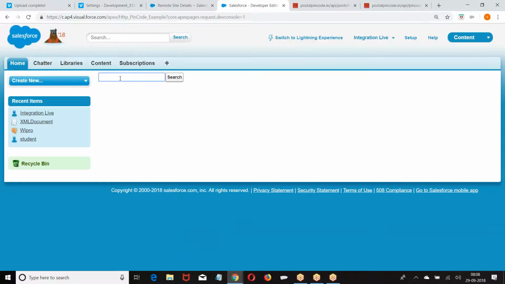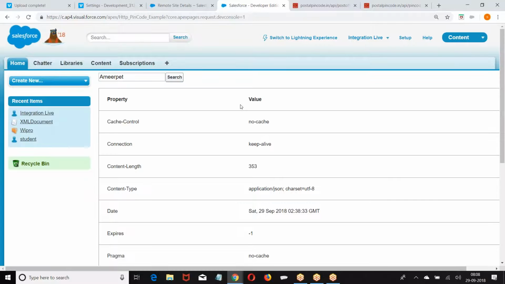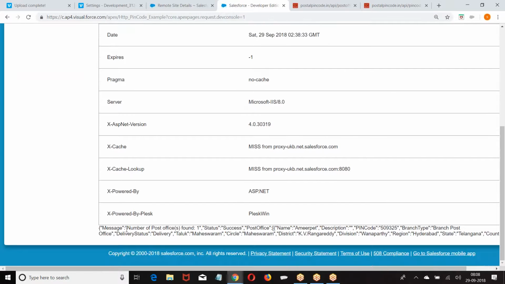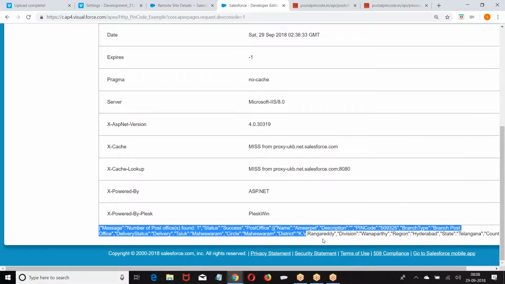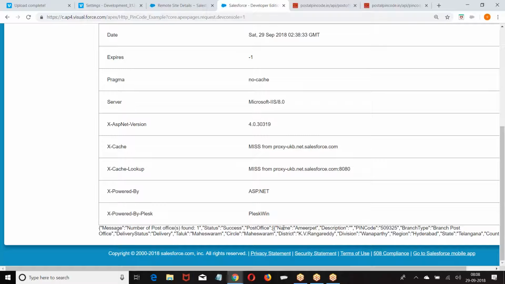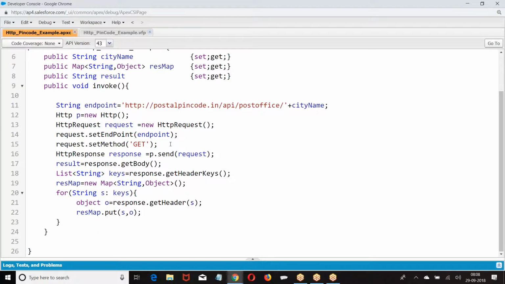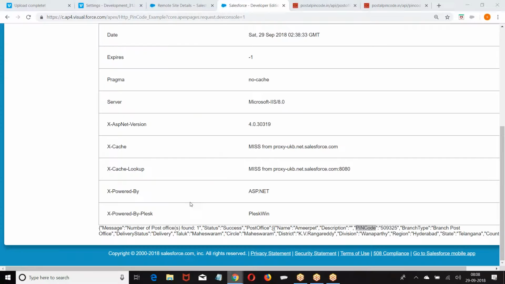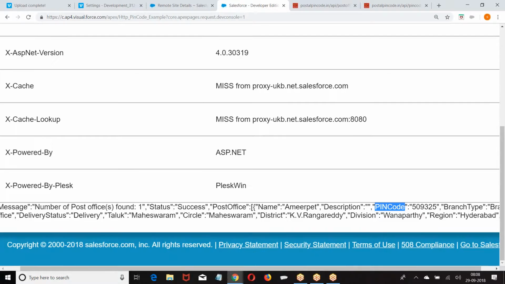So go back to the header element. At the bottom, what we received here? It is in the form of JSON. If it is in the form of JSON, what should I do? I need to read the pin code value. So how do you read the pin code value? I don't want the entire data. See, now whatever the response you received,